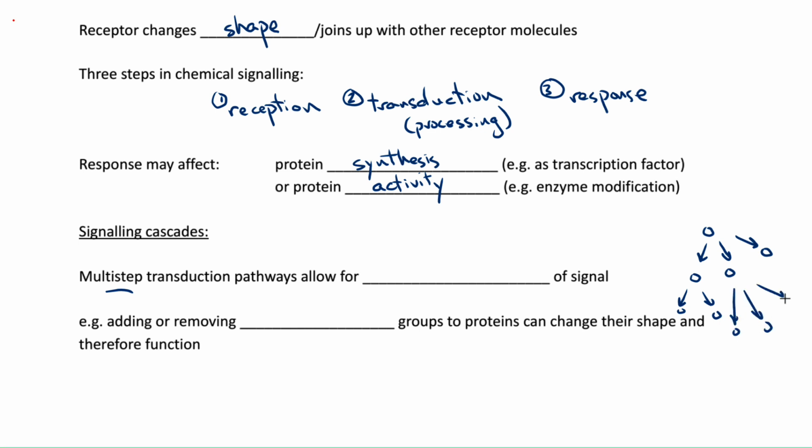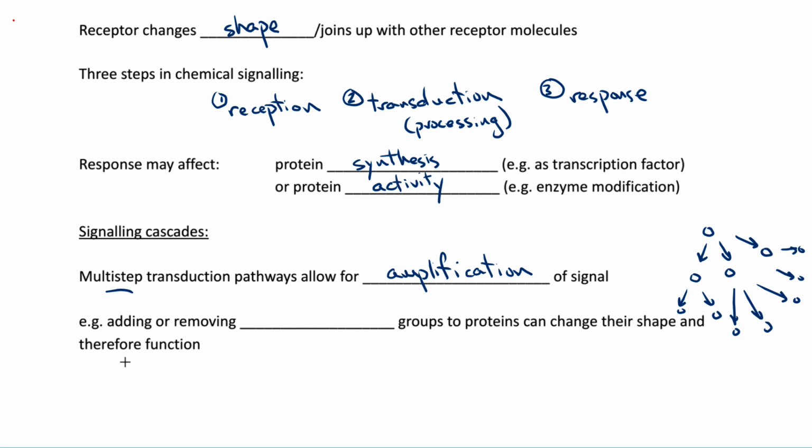And you can quickly see how this sort of process would allow you to amplify the signal very quickly. So multi-step transduction pathways allow for amplification of the signal. And this is this middle step here. This is happening within the cytoplasm, for example, of a cell that has received a signal. And we'll look in the next lesson in a little bit more detail at some examples of these multi-step transduction